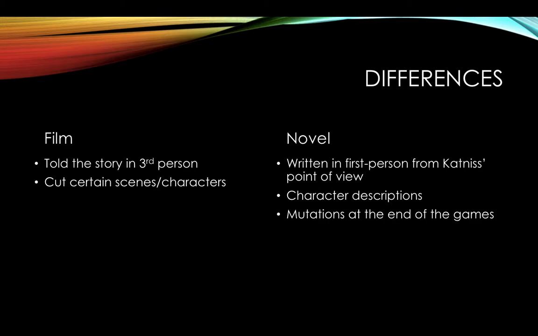Another thing that probably upset me the most between the novel and the film is the mutations at the end of the Hunger Games. In this part of the movie, Peeta and Katniss have made it to the end of the games and they're heading towards the cornucopia where these wolf-like demonic creatures come chasing after them, and they have the faces of all the dead tributes that have been killed in the game so far.